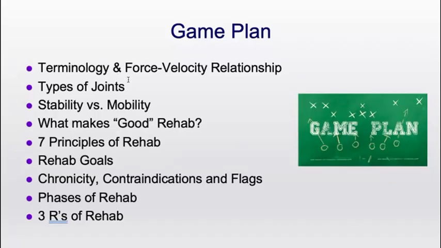Then we're going to look at some anatomy, and we'll talk about the different types of joints within the body and the different types of limitations that they impose on our potential range of motion and how they allow us to move and interact with our environment. This will sort of play into a discussion about stability versus mobility, which is very important within my practice as a chiropractor. We will talk about what makes up a good, quote unquote, good rehab,